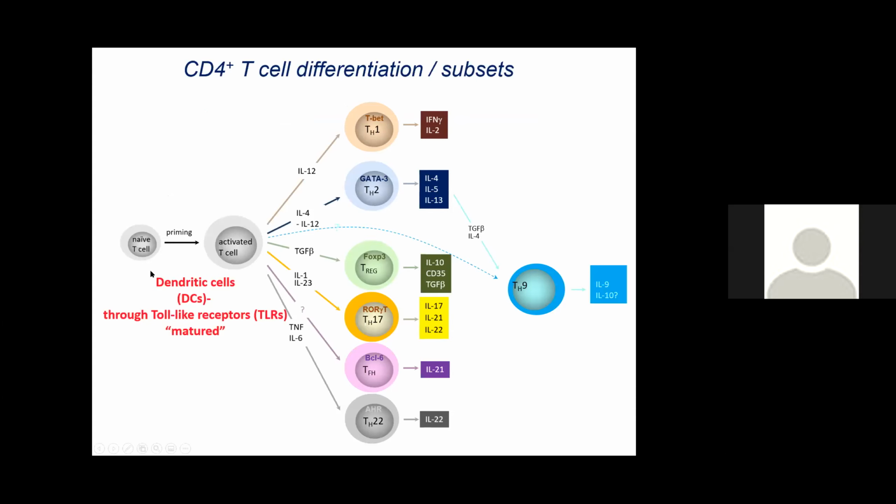So this happens when the naive T cells have to encounter antigen presenting cells. Dendritic cells are the most potent antigen presenting cells out there. Once they mature, they need toll-like receptors, because of the infectious agents that are coming in, or the environment, you have sterile inflammation there, they can become activated. That's when they start talking to the naive T cell. And depending on the microenvironment, let's say the type of cytokines there, they can take on different effector functions. So you can become a Th1,